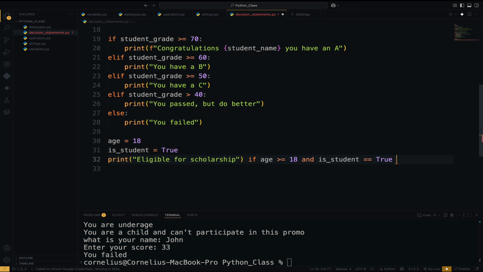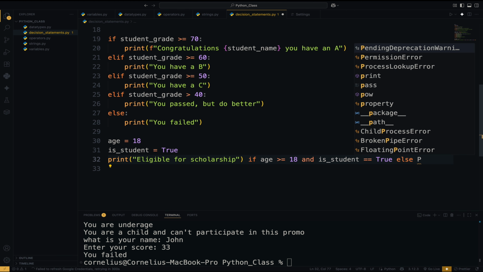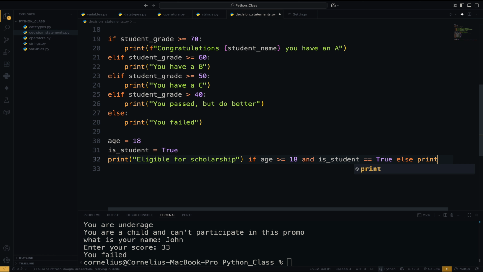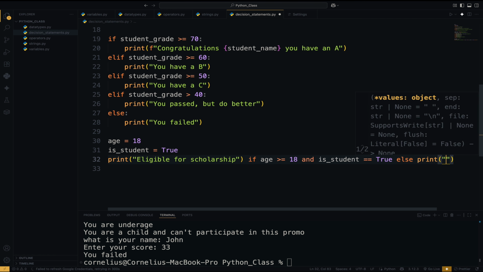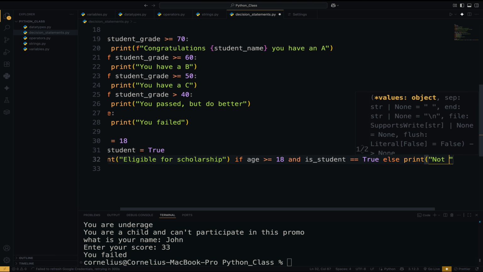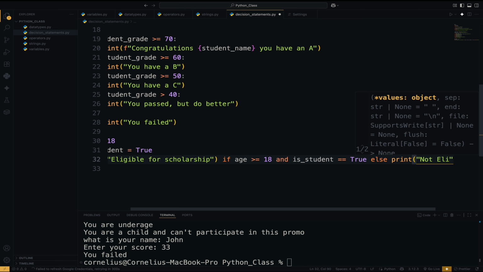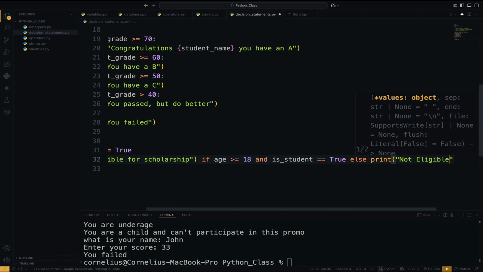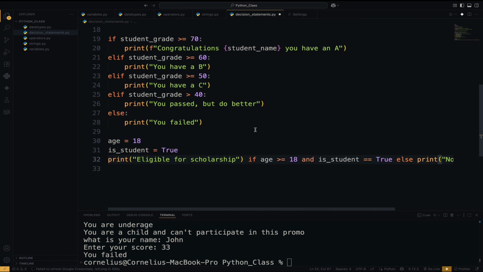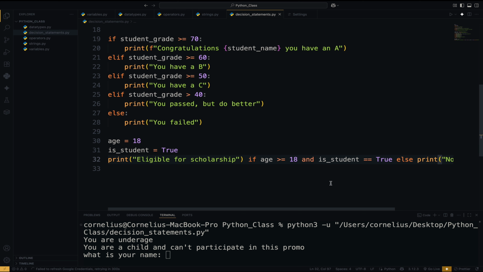All right, else print not eligible. Not eligible. So now when we run the program, we should get, okay, let me just enter this